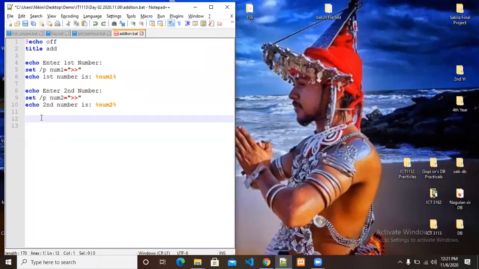So now we are going to add those two numbers and give the output. That means num1 and num2's values are added. Say the user enters number 1 as 2 and number 2 as 3, so 3 and 2's addition is 5 now. This 5 value we have to store in another variable. You know, this is the basic addition part. So we have to assign a third variable. For that,